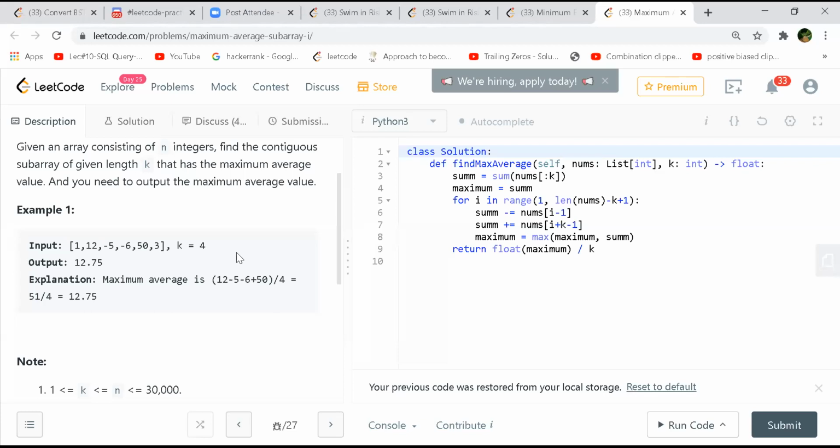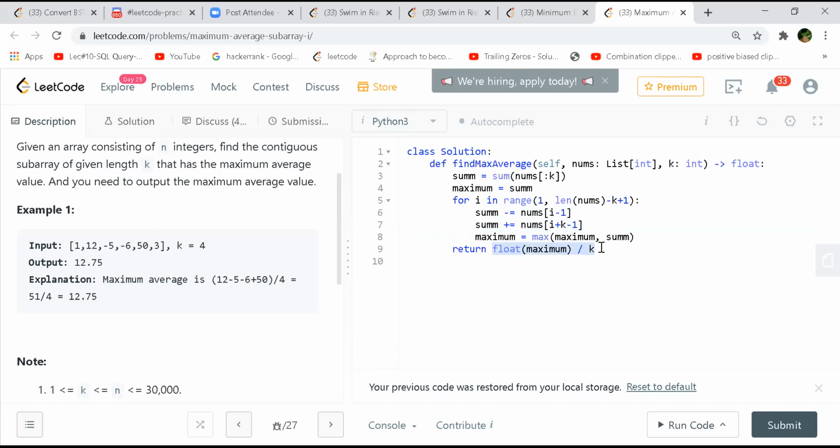We take the prefix sum at line number 3 and put it as the maximum, and then we go on. I'm just subtracting the i minus one element and adding the i plus k minus one element, and whichever is maximum, you update it, and at last we just divide.